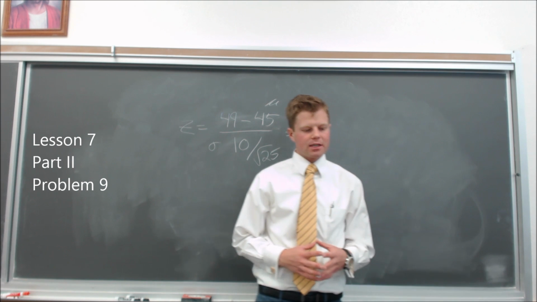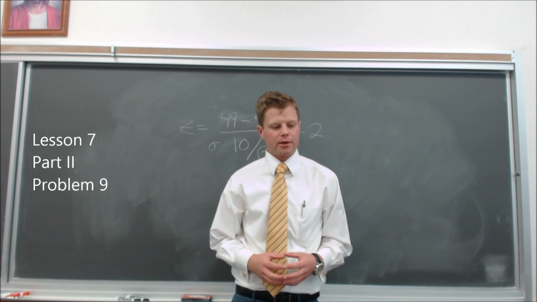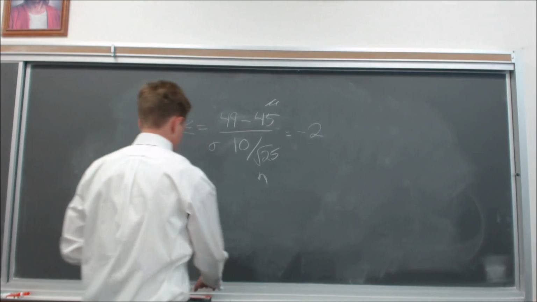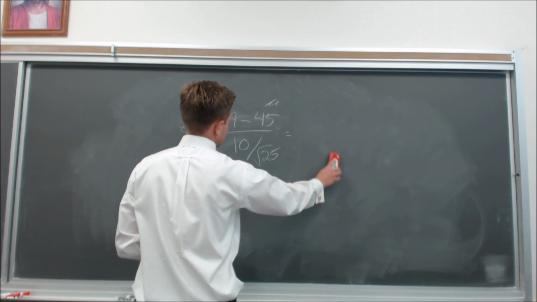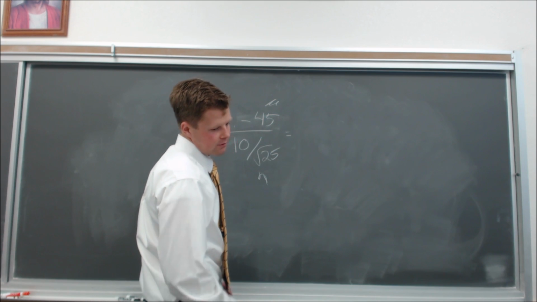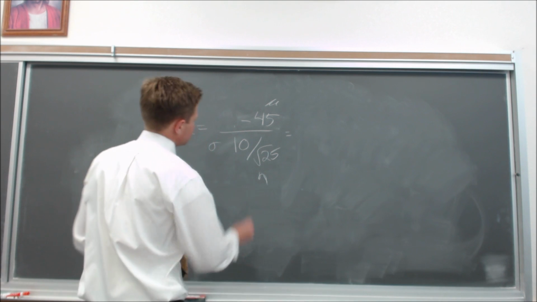Question 9. A sample size of n equals 25. What is the probability that the observed x bar is greater than 50? Okay, so now we're looking at greater than 50. But our sample size is still 25. So we're going to plug in 50